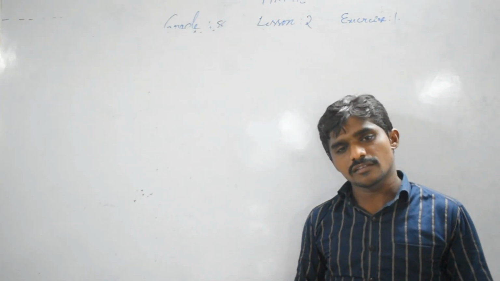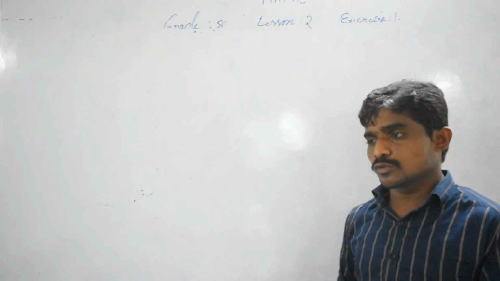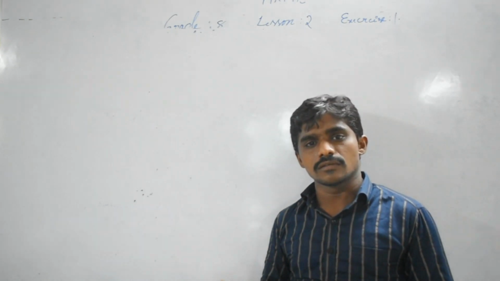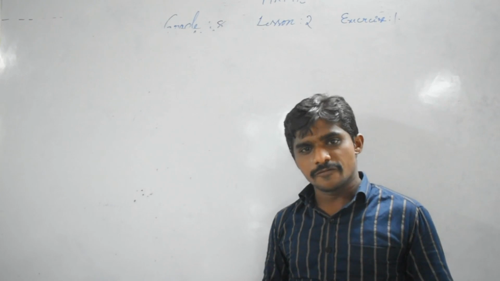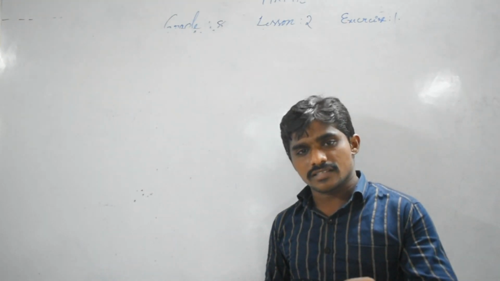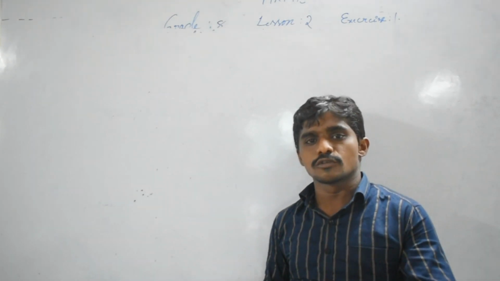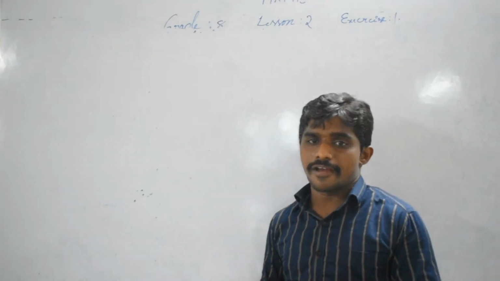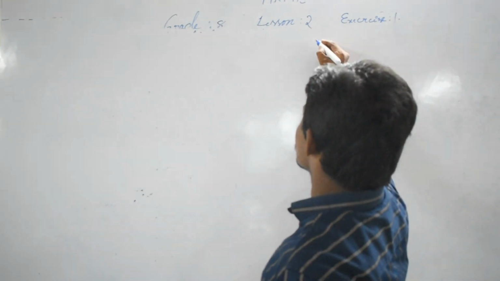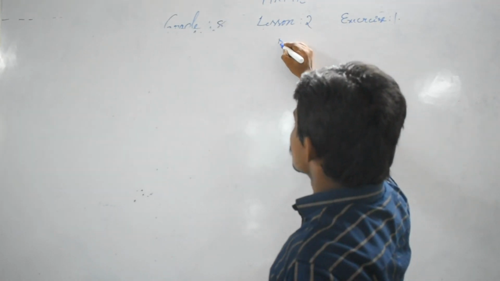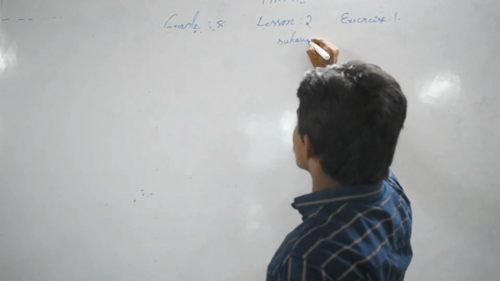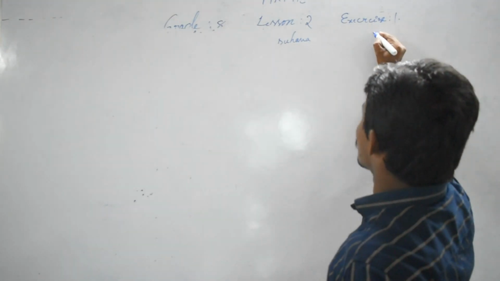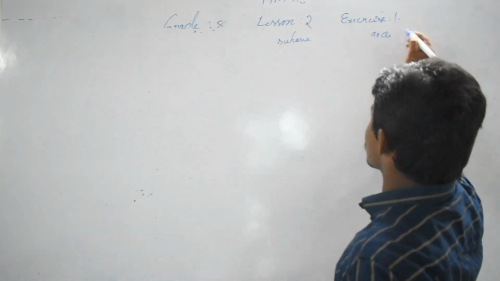Then we get one idea how to solve this problem. In mathematics, if you understand the daily life problem easily, then the solution you can find. If you don't understand the problem, you cannot find the solution. So here, Sohana attempts one test. In the test there are 90 questions in total. Clear?